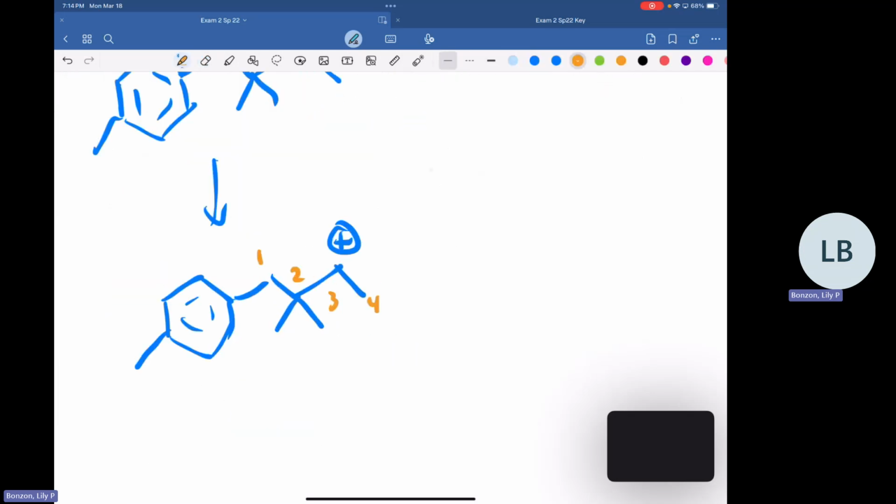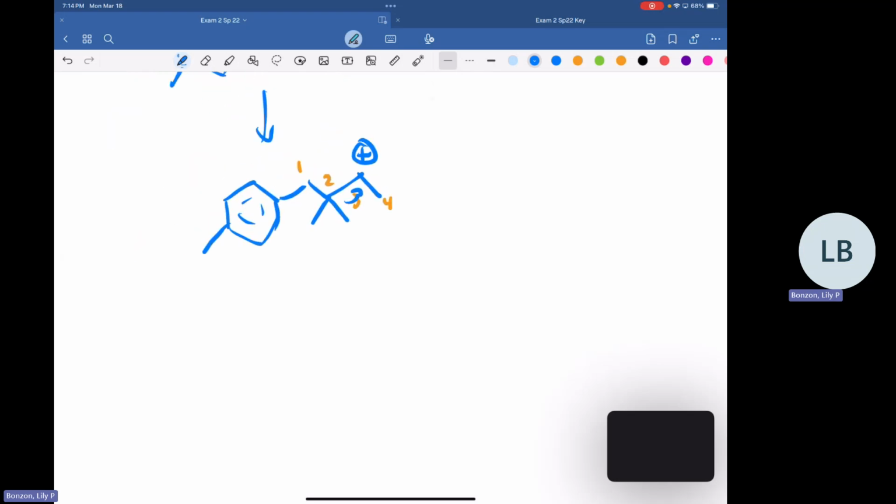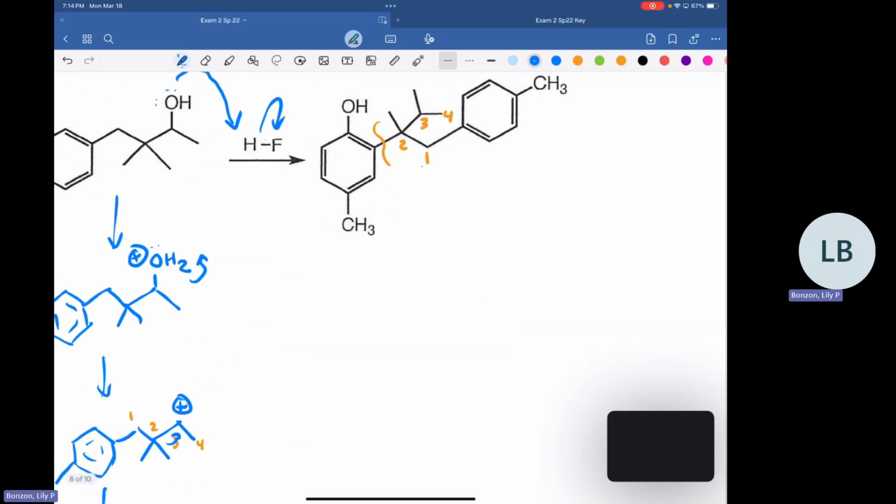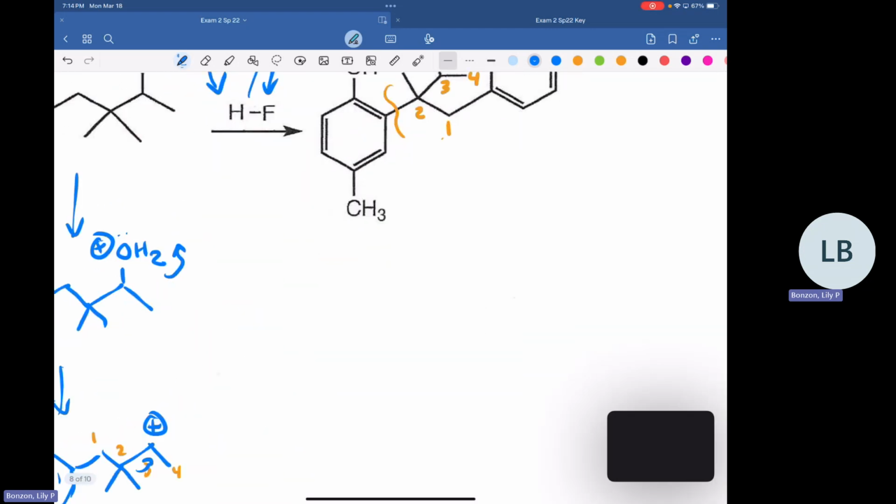So what I'm going to do for this is I'm actually going to do a methyl shift. So I'm going to steal one of these methyl groups and just move it over to the carbocation. So now we're left with this. So again, don't forget, when you move a methyl or a hydrogen or something like that, you're always going to have your carbocation just in a different spot. And so now this looks a little bit more like our end product.